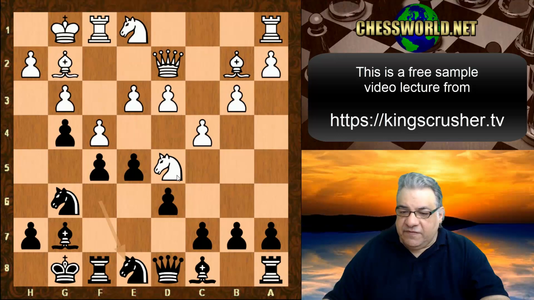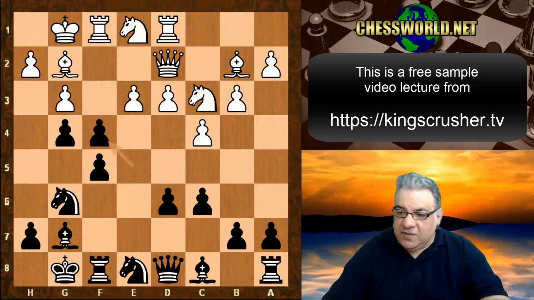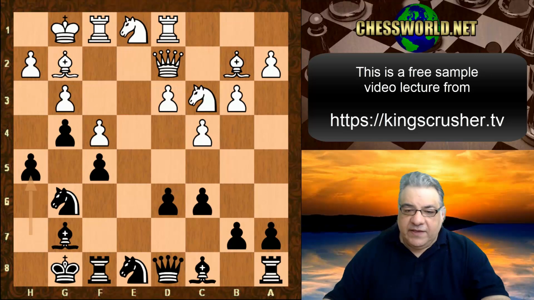to be exchanged off. This gives the option of c6 kicking the d5 knight, and in fact after rook d1 that happens right now. The knight goes back, and now e takes f4. We see e takes f4 here, h5, and it looks as though Fischer's employing a squeezing kind of plan,